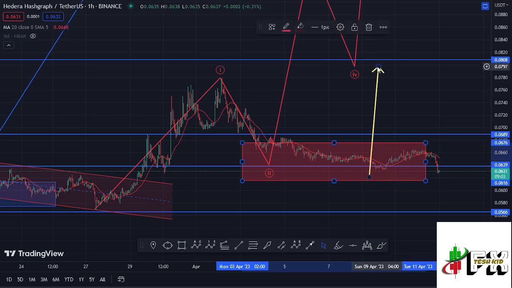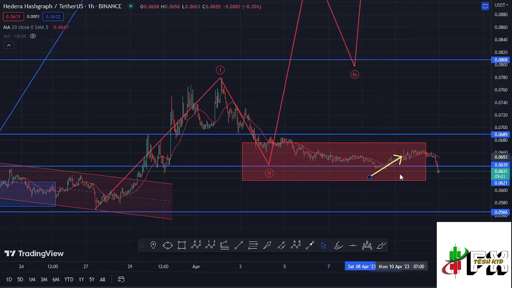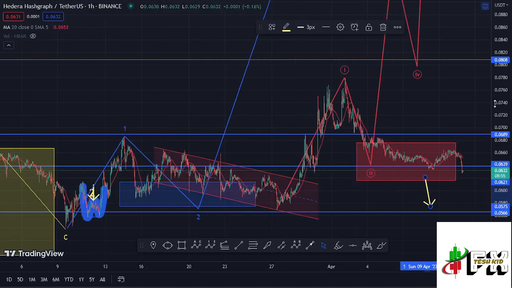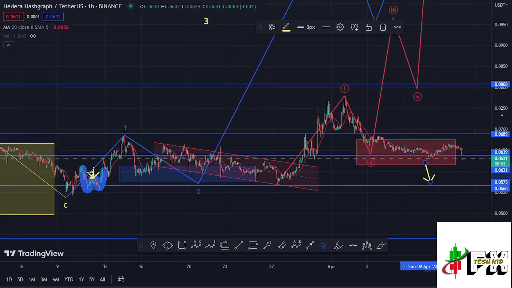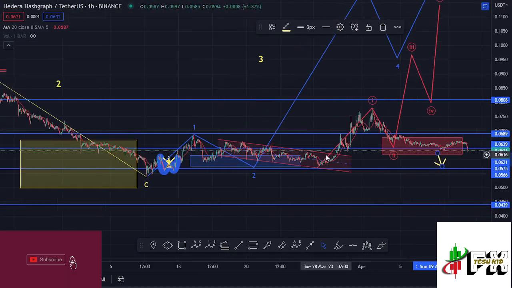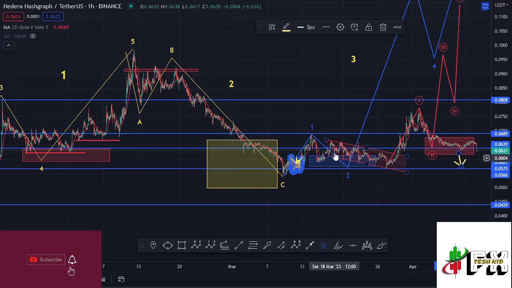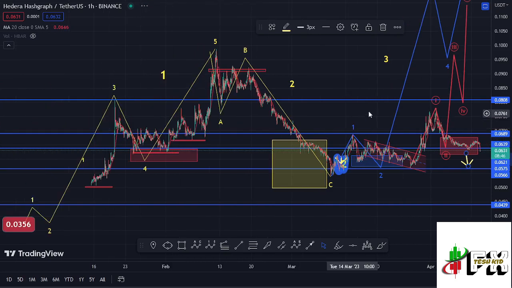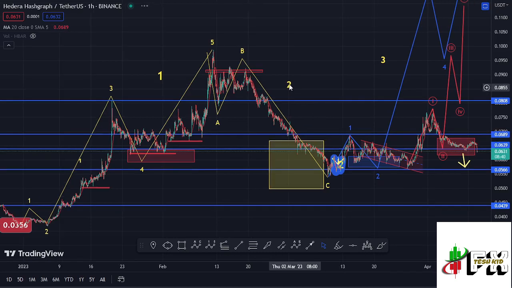But the moment we lose our red target area, there are high chances that we might continue seeing lower prices in a move that would suggest an alternative scenario here on the Hbar chart. And before I get to that alternative scenario, it's good that we have a brief recap of what has been happening on the long-term scenarios, where you can see that we bottomed out in the formation of this larger Elliott wave count 2 right here in yellow within this